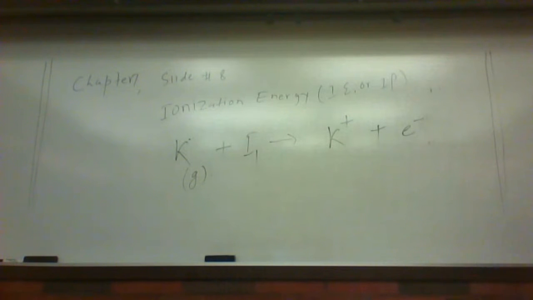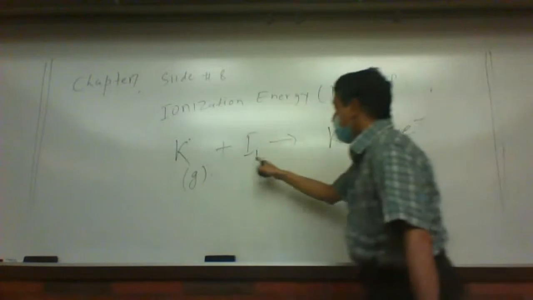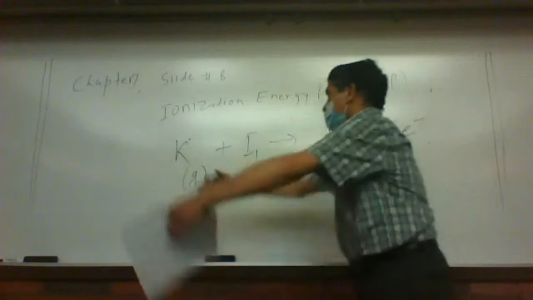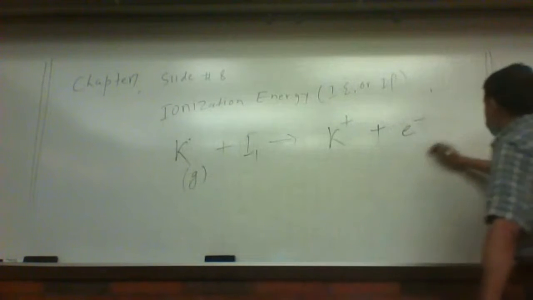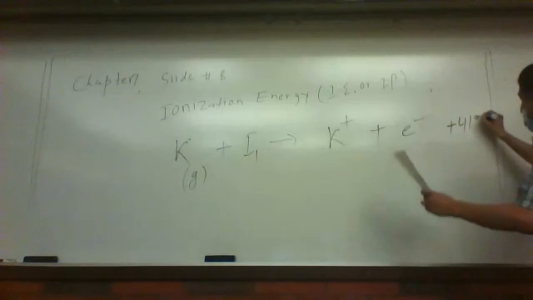What is the requirement for ionization potential? The atom should be in gaseous state and in the ground state, and we want to take the outermost electron from it by giving some energy. That is called ionization energy. So how much energy should we give to this potassium so that this electron completely goes out? That amount of energy is 419